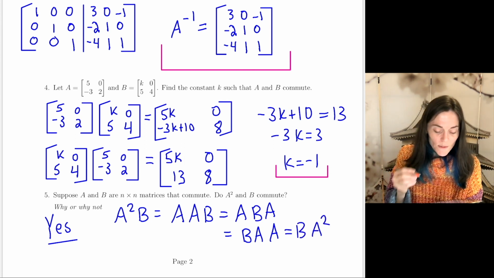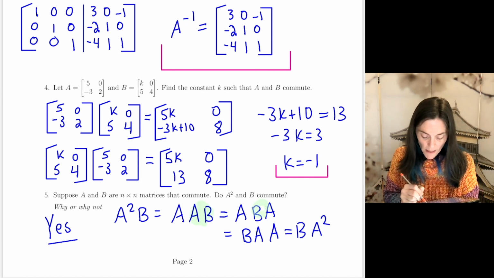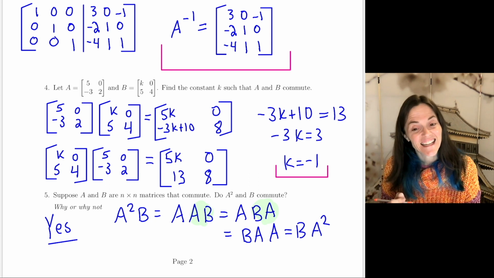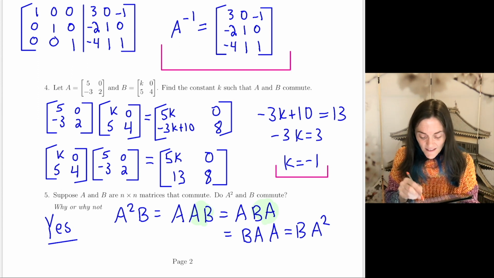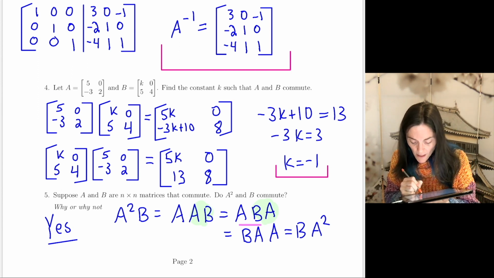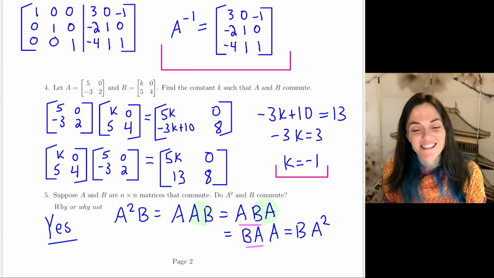Okay, so I've used that matrices A and B commute to say that AB equals BA. And then I did it again on the next line. Maybe I'll underline that part. Here, I used AB equals BA. So I used the commuting aspect twice, but the answer is yes.